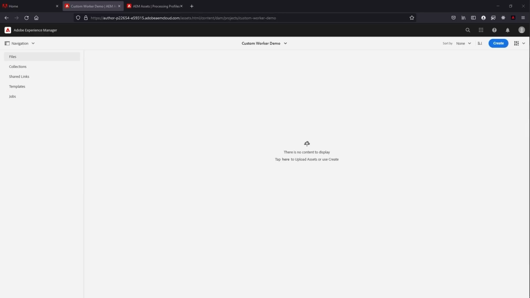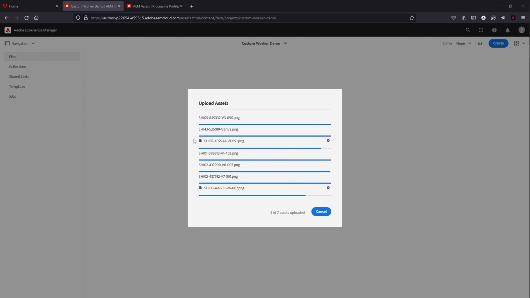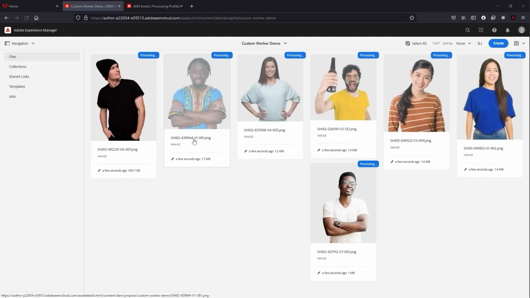There's currently no assets in here, but I'm going to grab some assets from my collection here of assets. So one of the great things here is as we upload these into the DAM, the actual processing is being handed off via an event to the Adobe Runtime platform, right? So it's going off the App Builder and invoking those asset microservices. So the load is not being taken up by AEM. All right, so these are being processed. Another great thing here is when you are using App Builder to build these microservices, they scale automatically, right? So as you add more and more demand, they're going to fire up more and more workers to take care of the requests.